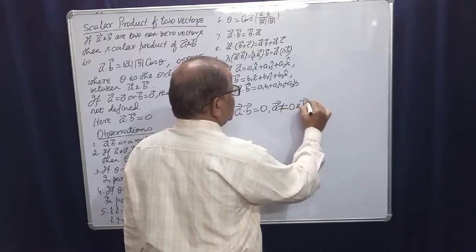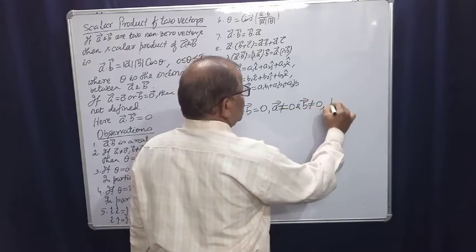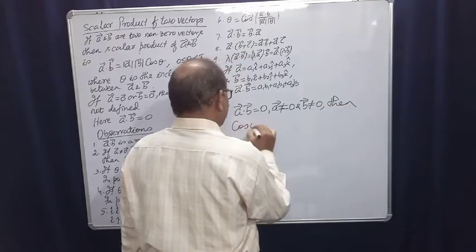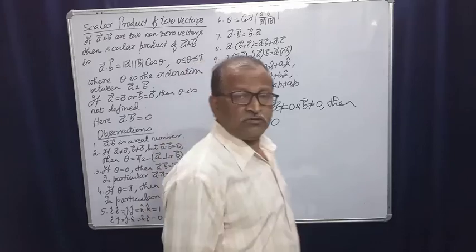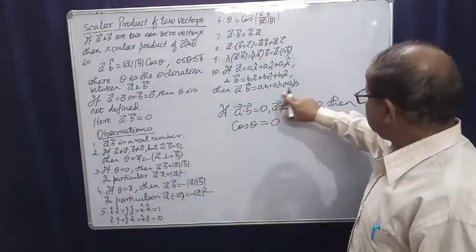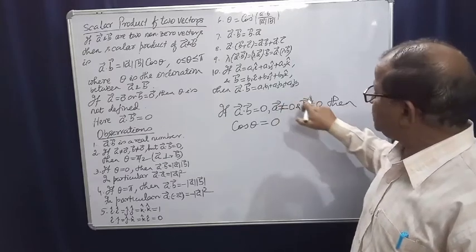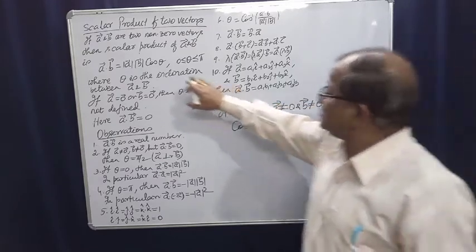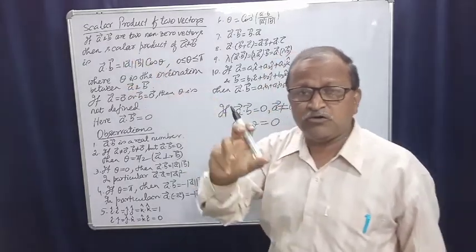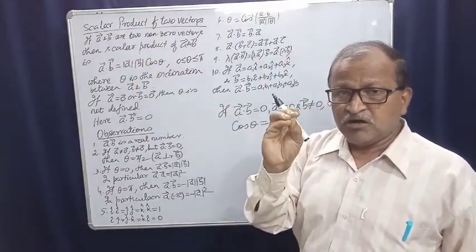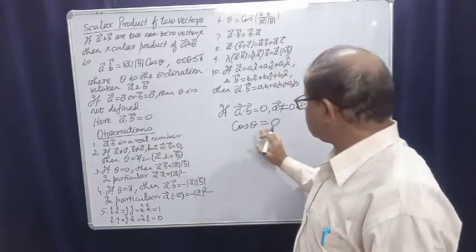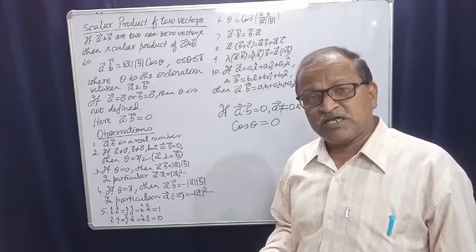And B is also not equal to 0. Then cos theta must be equal to 0. Since A is not 0 and B is not 0, meaning the magnitudes are not 0, this must be 0. One of the factors must be 0. So it is cos theta. Cos theta is 0. Where cos theta is 0,